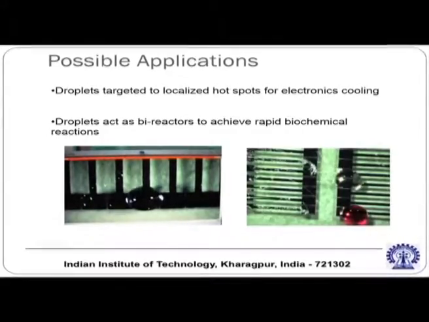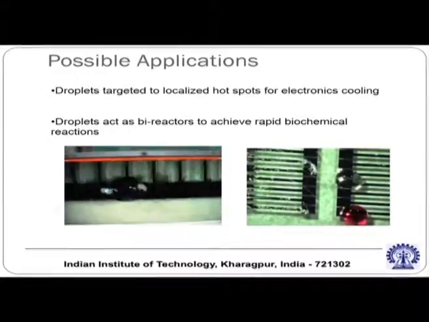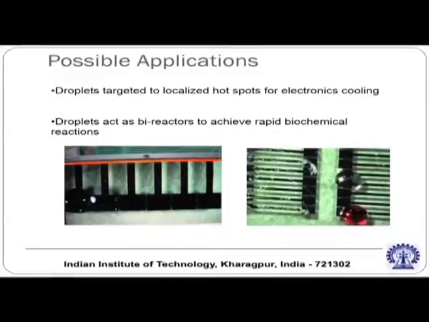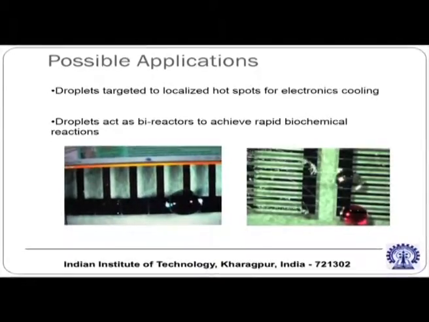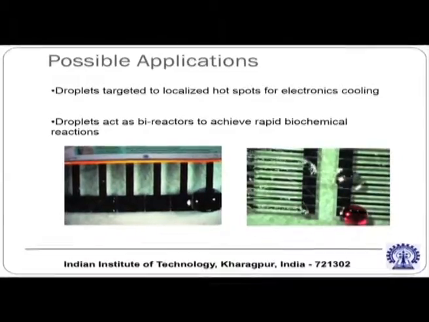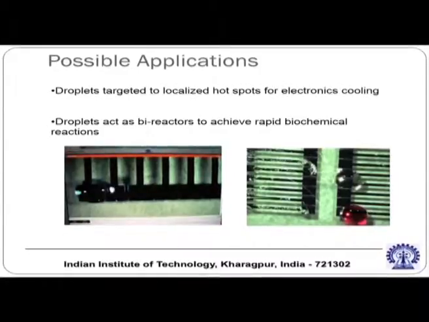This type of designing or optimizing the path of a droplet, given a source and given a sequence of electrodes, is typically done by using optimization algorithms in computer science. So in this particular application you have an interface of computer science and, in general, electrical sciences with fluid dynamics. You can see here that you have several electrodes. Some electrodes are switched on and some electrodes are switched off.